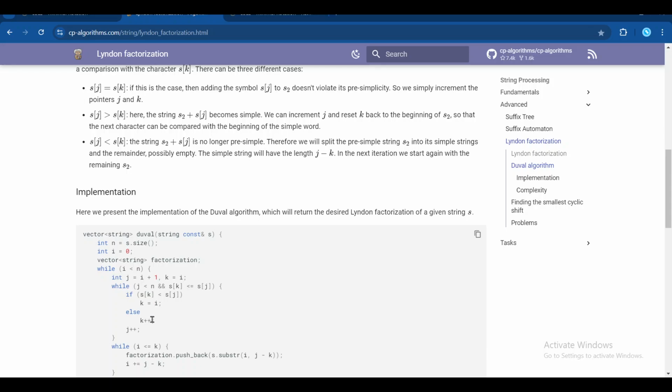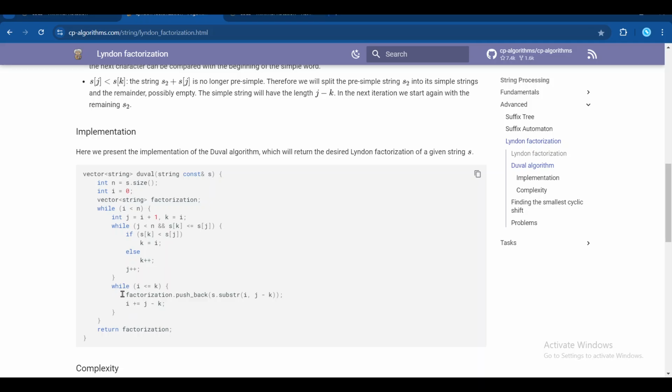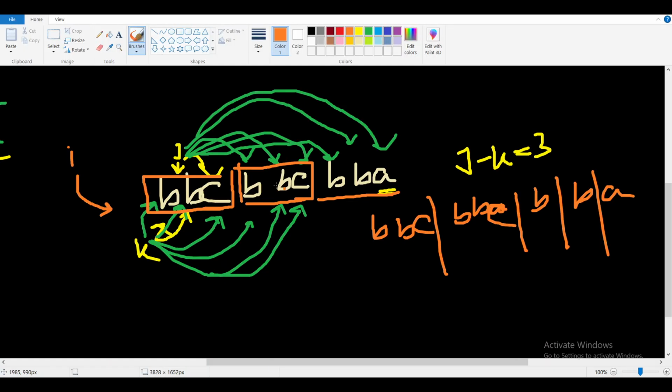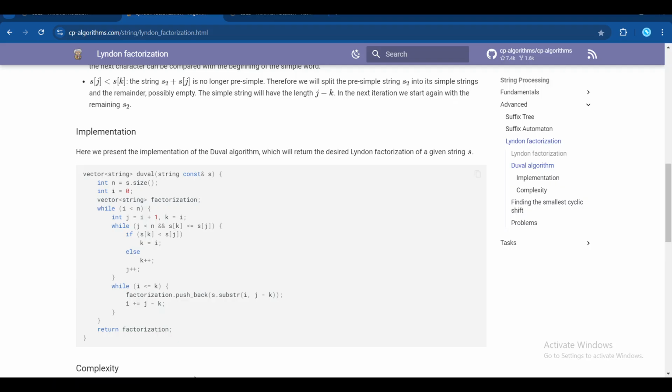Now we are doing k plus plus, and at each iteration we are doing j plus plus. After this iteration is done, we have some value of j and k. So we are taking j minus k length portions. These portions will be the same, BBC and BBC. This will be the same. So that's why we are doing, while I is less than or equal to k, we are doing